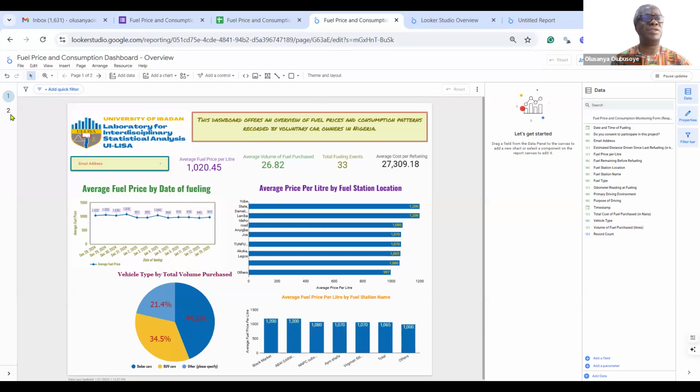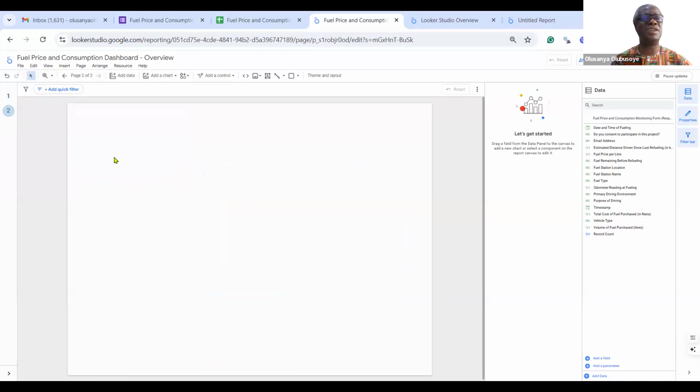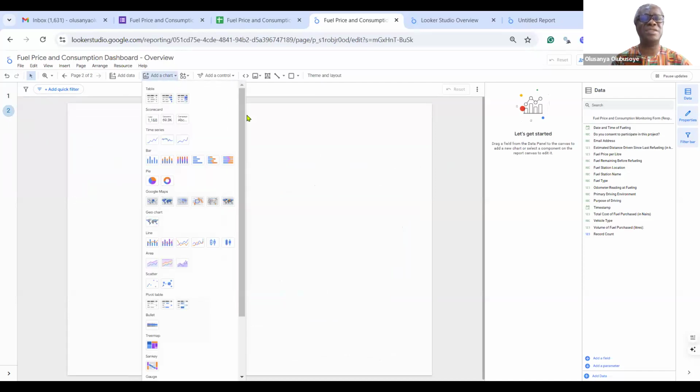One area that is always of interest is this part where you have the charts. These are different charts that you can add, ranging from table to scorecard, to time series, to bar, to pie, to Google Maps.